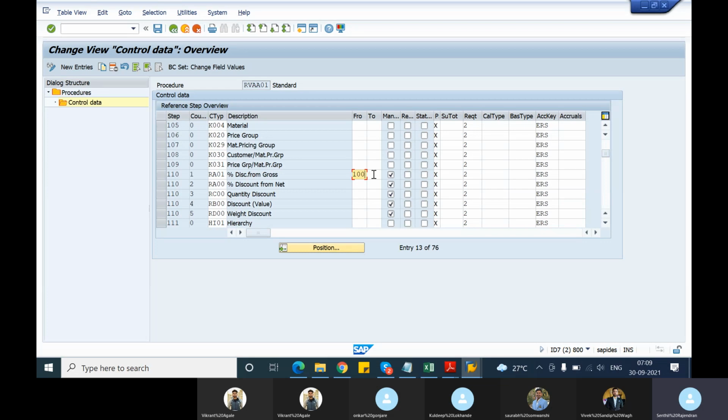One is the manual, another is required, another is statistical. So what is manual? If you mark a condition type here as manual, then you can manually add that condition type into the sales order. Whereas if you have not marked this, then it will get determined automatically only based on the condition record. If it is a manual condition, then you don't need to create any condition record. You can directly go to the sales order, put that condition type and put the value there. So those condition types are called